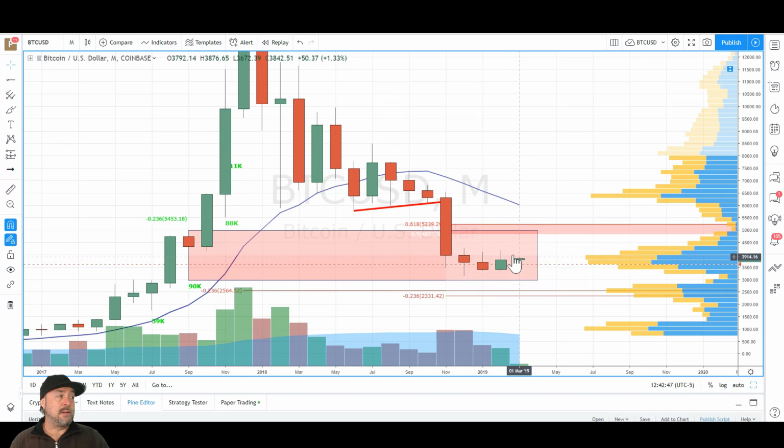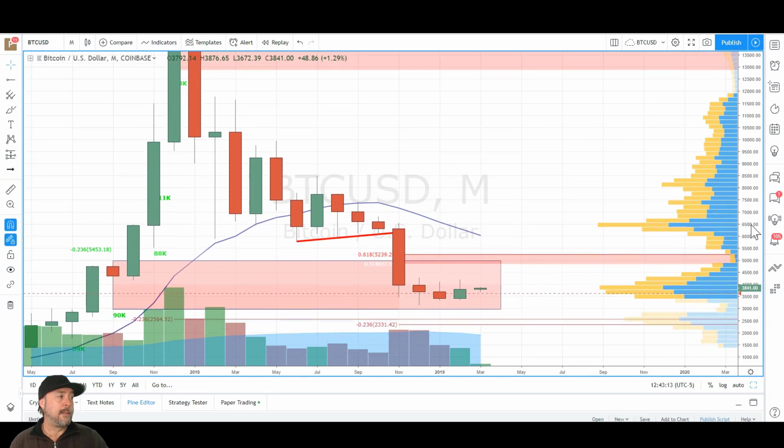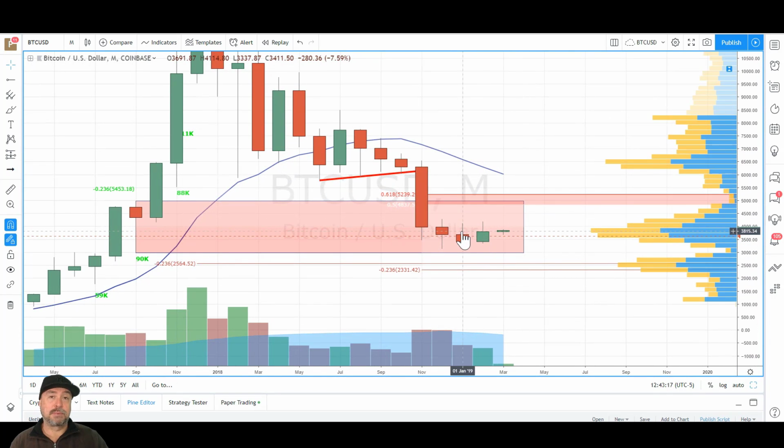Now, if we start seeing monthly closes, which would be the next thing we'd look for. So we got a higher close, okay, that's one thing. But now what we want to see, and we did make a higher high on the monthly, but we didn't get a higher close. Higher highs are one thing, but really what we want to see is a close above a previous month high. To me, that's the more powerful indicator. So that's what we'd be looking for. We get that, and I think then we could probably start talking on a larger scale about a move back up to this area that we lost support at,